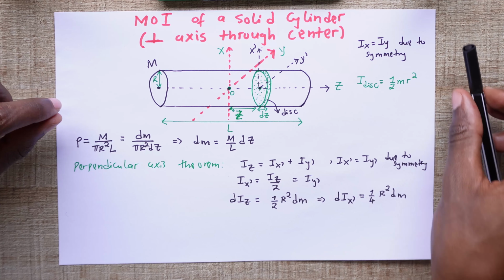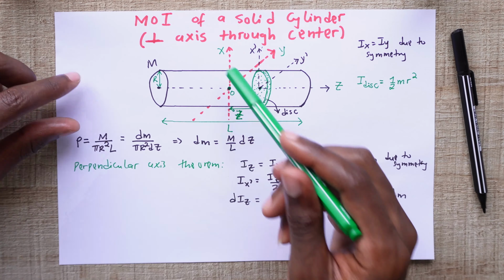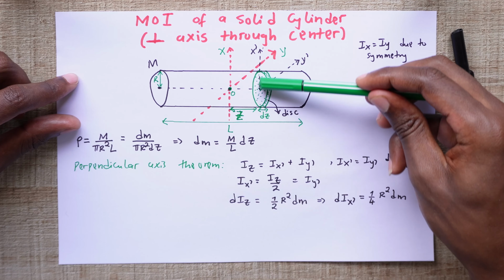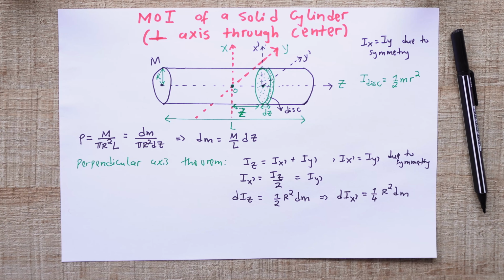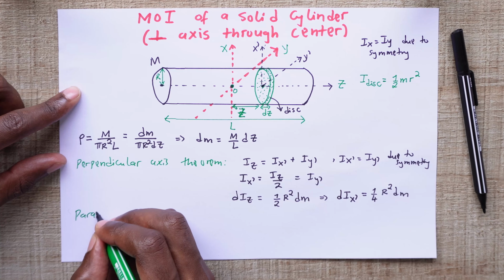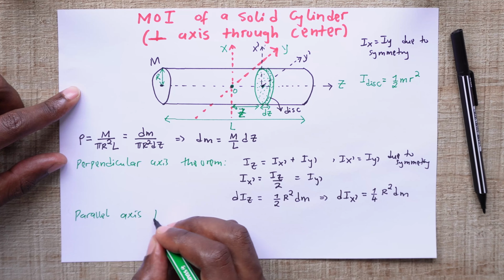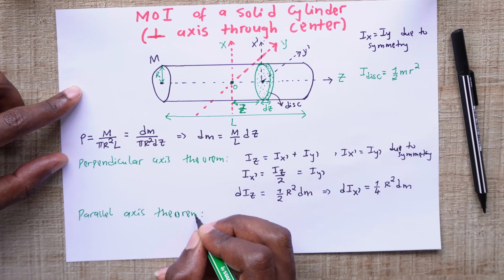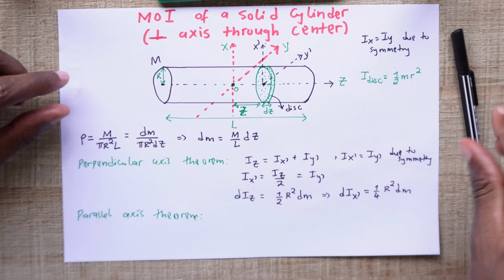Then we are going to make use of another theorem, this time the parallel axis theorem, in order to calculate Ix. You can clearly see on the diagram that Ix prime is parallel to Ix, so we can clearly apply the parallel axis theorem, which in this case tells us that